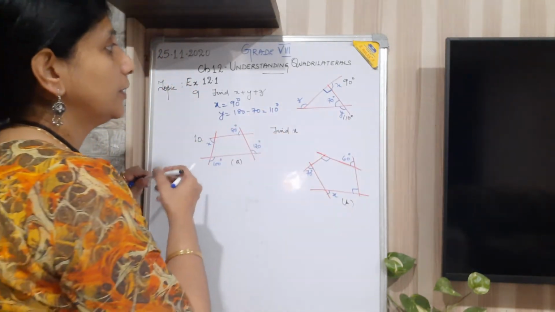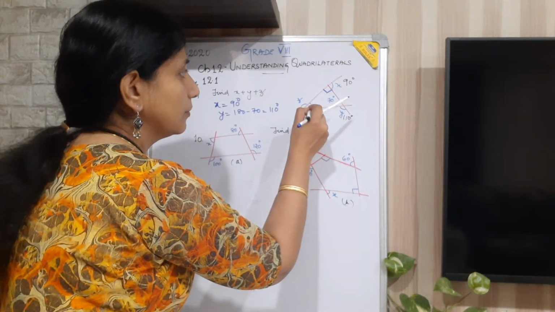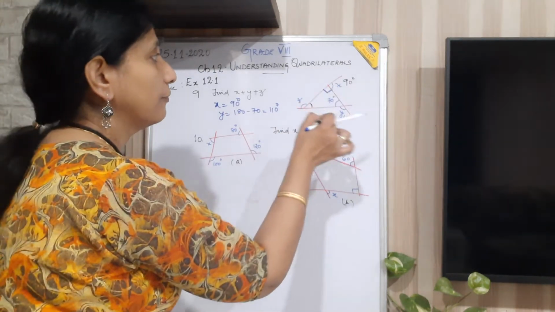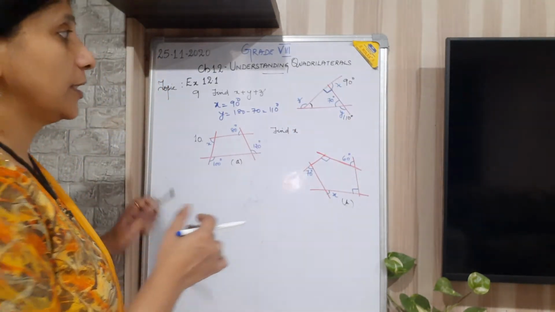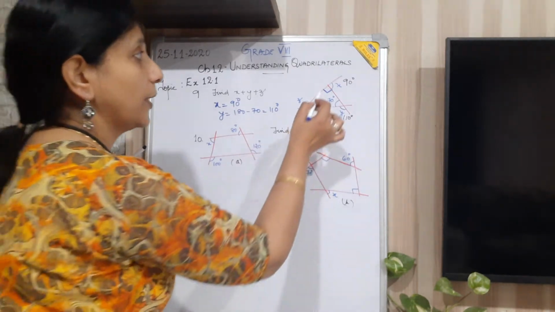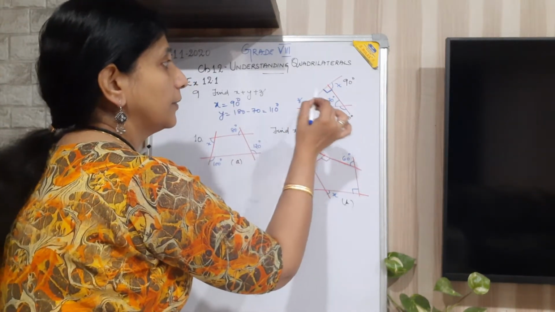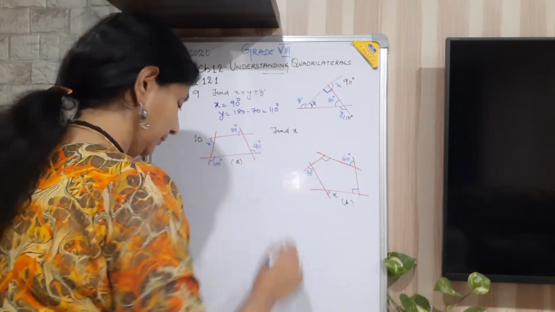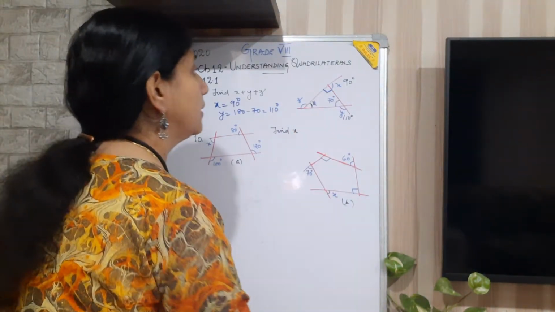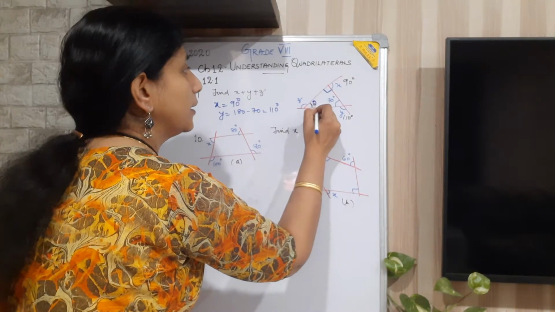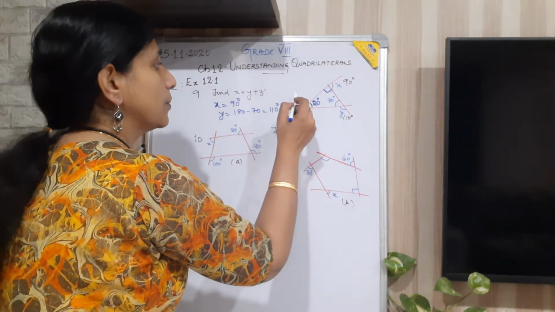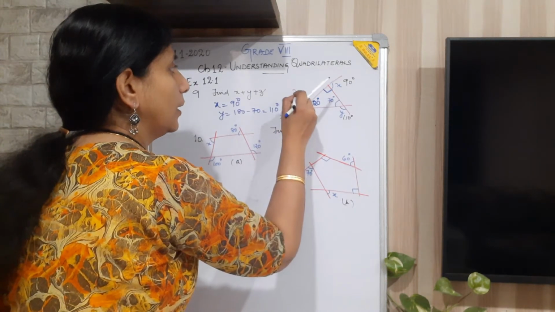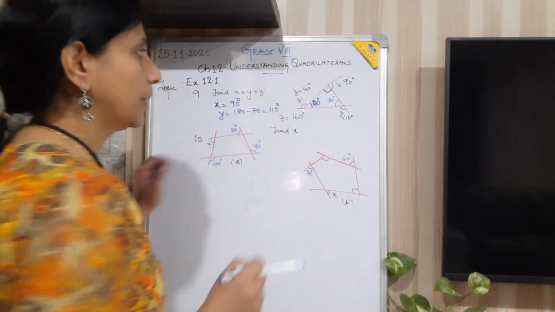Now what about this one? This you have to find out. Then you will get the z, or else you can, the sum is, you know, the sum of all exterior angles is 360. So either way, so 90 plus 70, it is 160. 160 means this will be 200. This is 160 means this will be 20 degree. Okay, so this will be 20 degree. So z will be, so z is equal to 160 degree. Okay, z is equal to 160 degree, because this is a straight line.